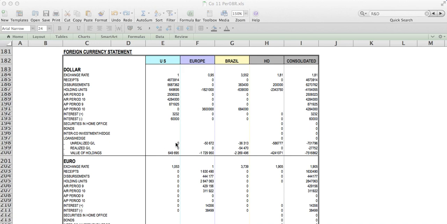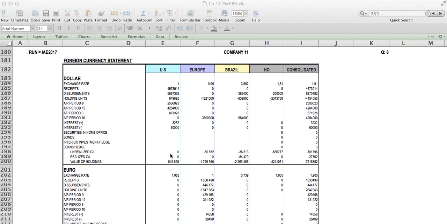Then you have some more information about realized and unrealized losses and gains that have to do with the situation of the currency, the fluctuation of currencies, and then the value of holding at the end. This is your sort of ending situation